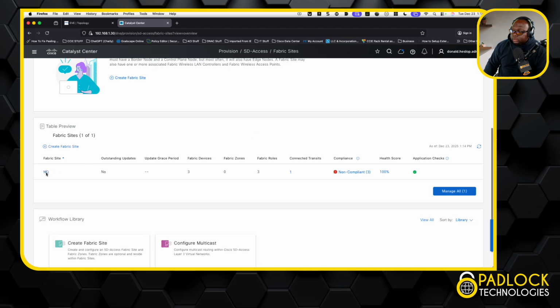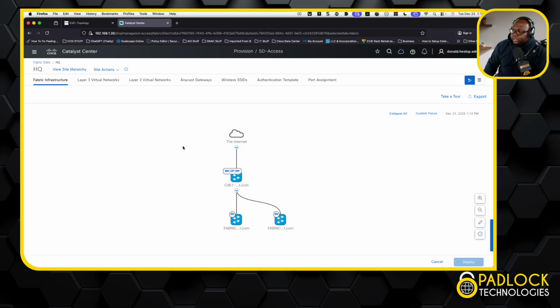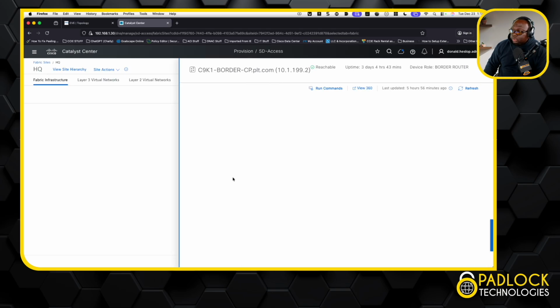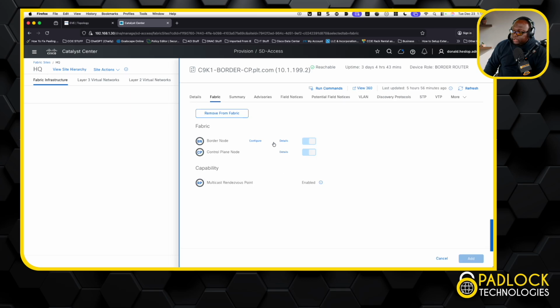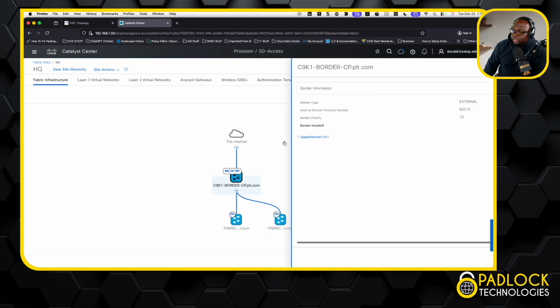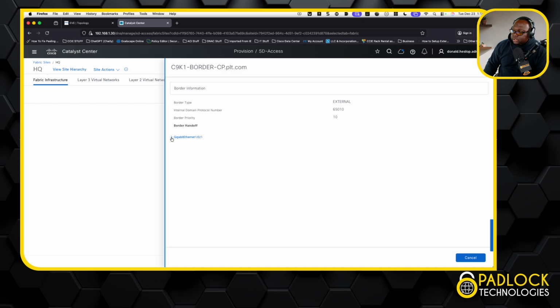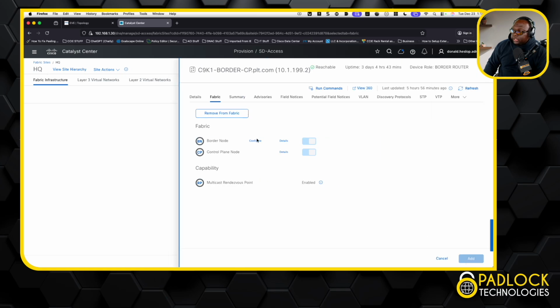So when I go here in the fabric, and if I go into the border node and I go to configure the fabric right here, or let me go to details. If you notice, it only does the VN networks here. The INFRA VN is no longer even selectable here. So if I go to configure,